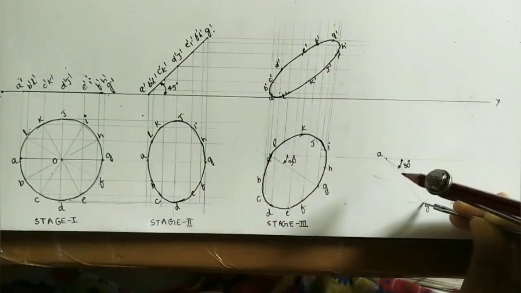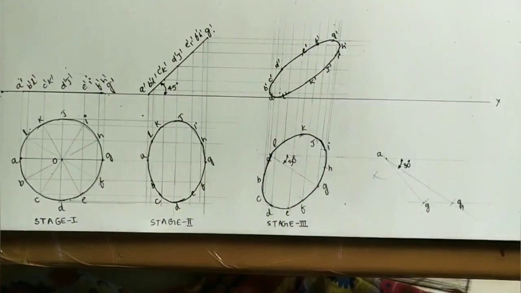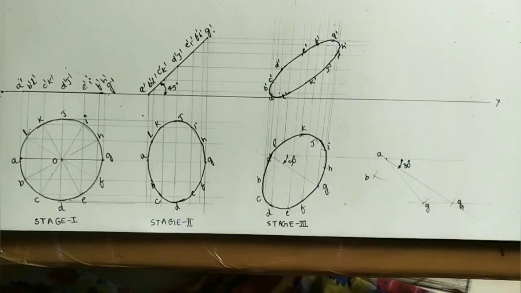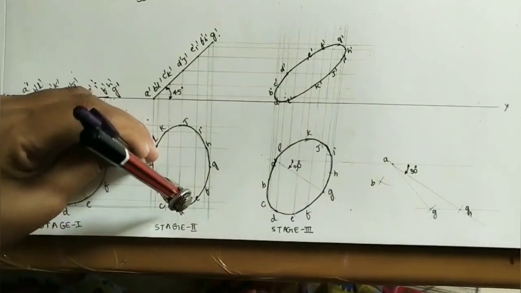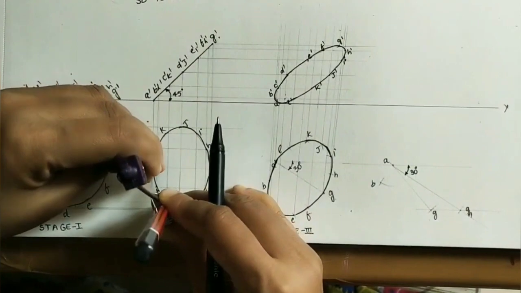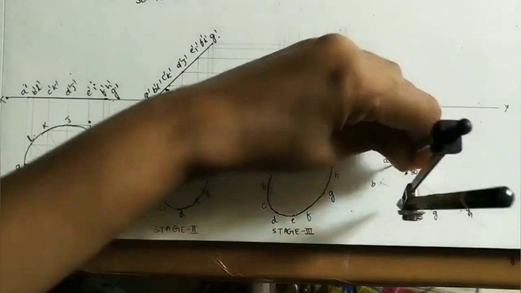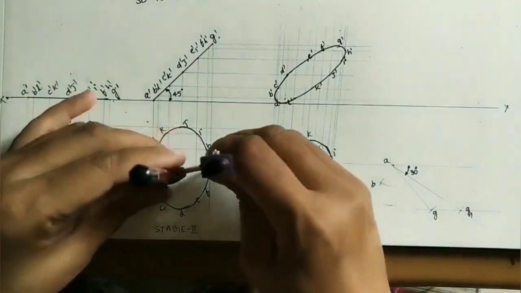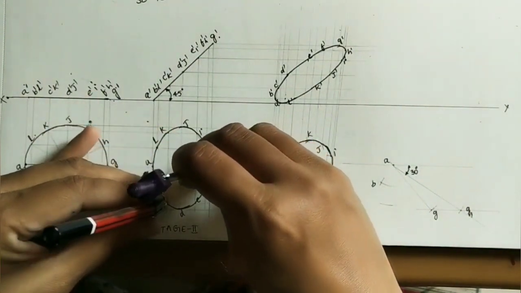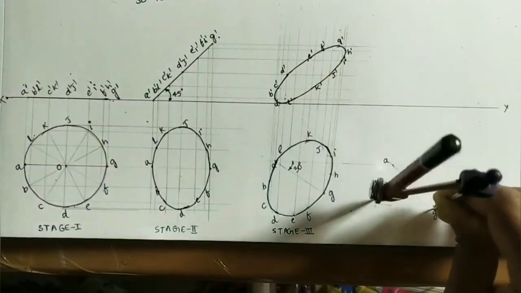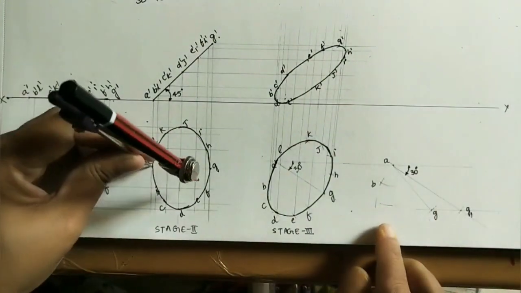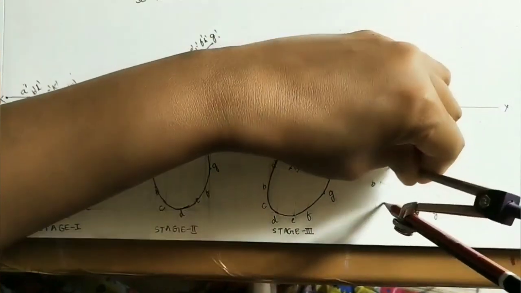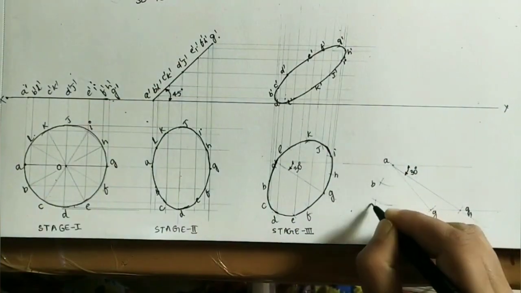Okay, take G as center, cut this arc. Take this point as B point. Now similarly mark C also. Take AC length, A as center, do an arc here. Take GC length, G as center, cut this arc. So here extend the AC arc. Take this point as C point.